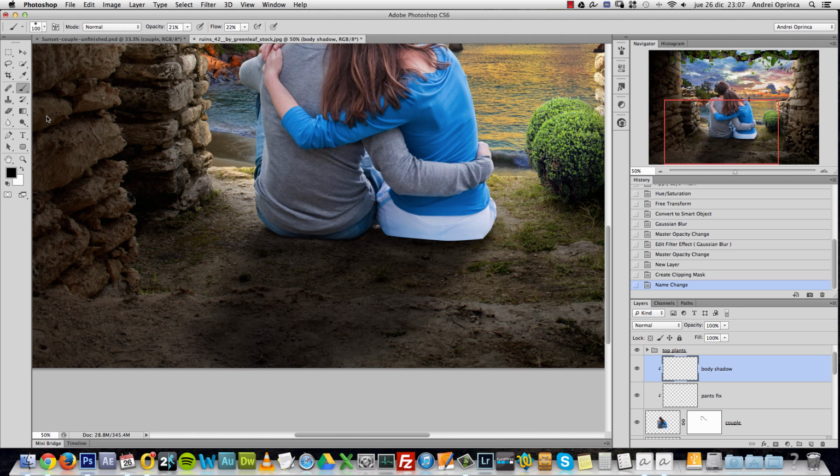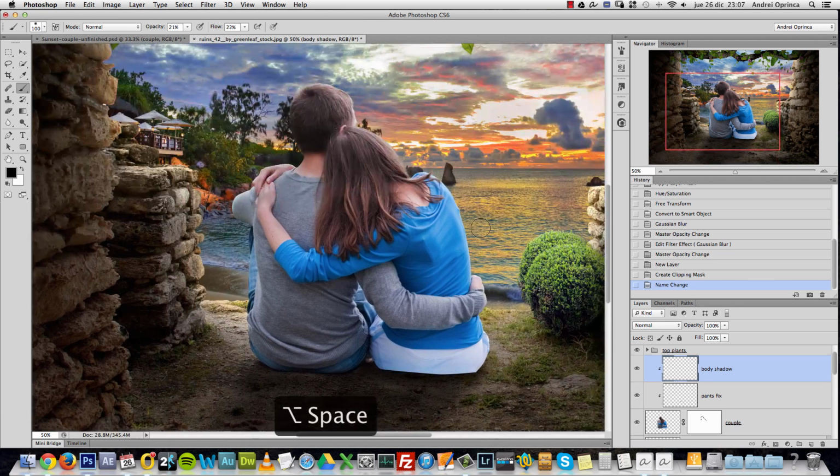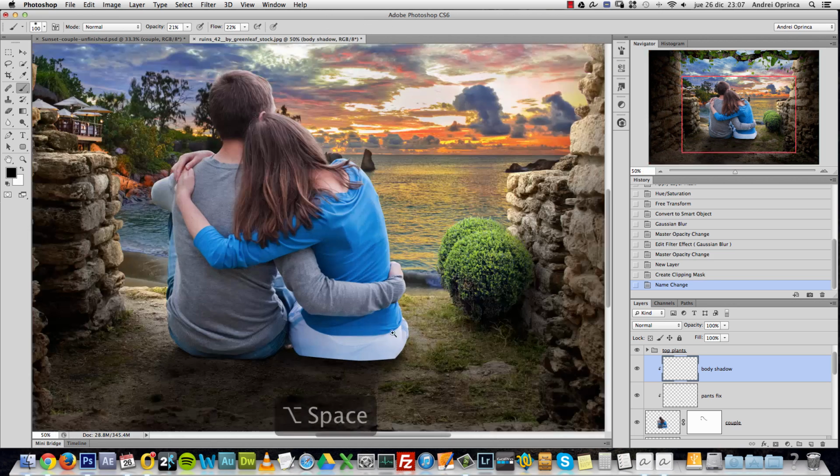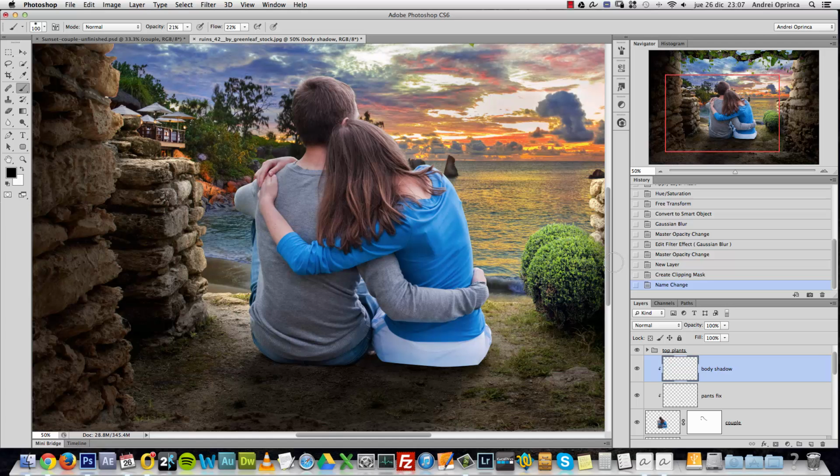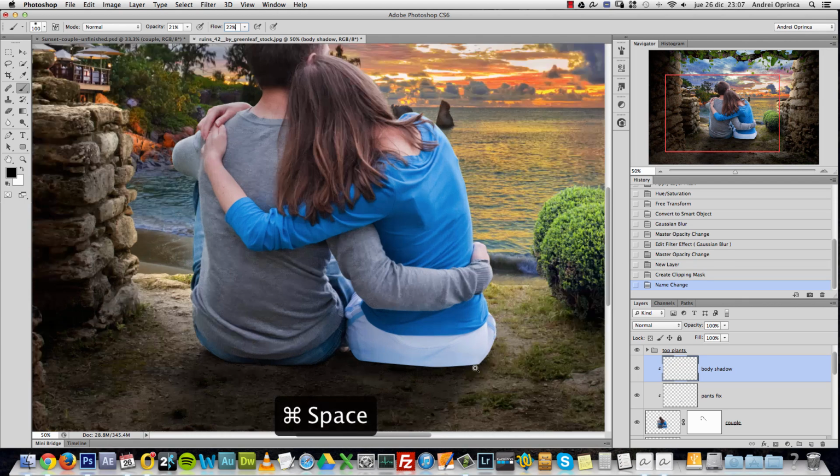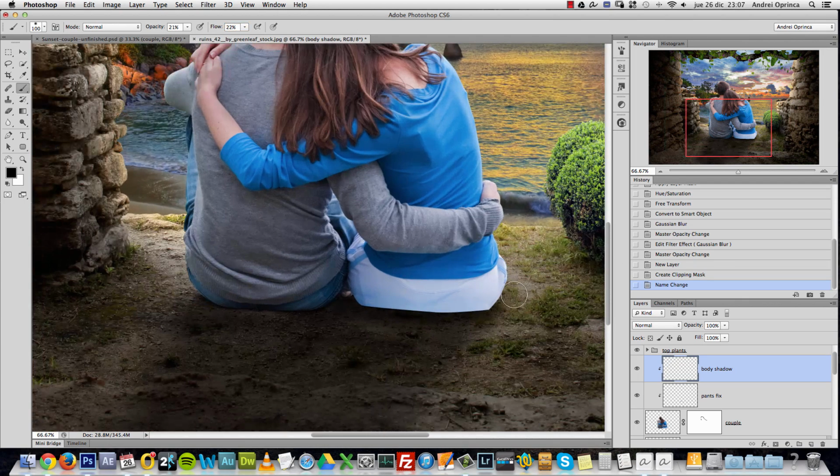I'll get the brush tool again. So as you can see, the things that need most attention are the shadows on the whole scene. So now decrease the opacity to about 20 and the flow as well. We have it there, and now do the opposite of what we did here, painting with the soft part, with the edge of the brush like that,